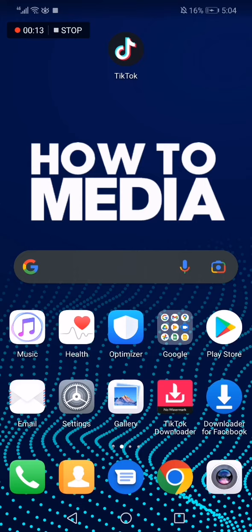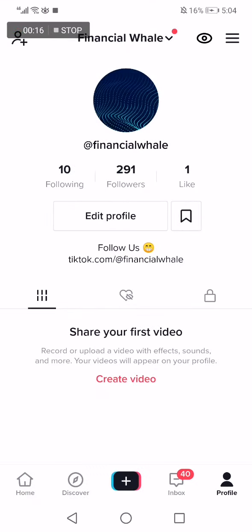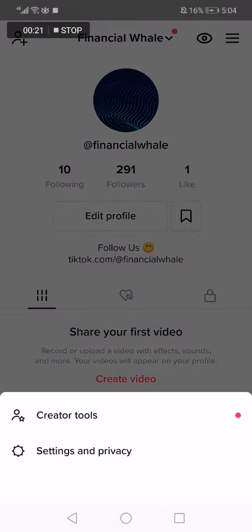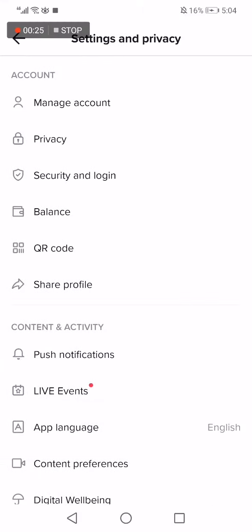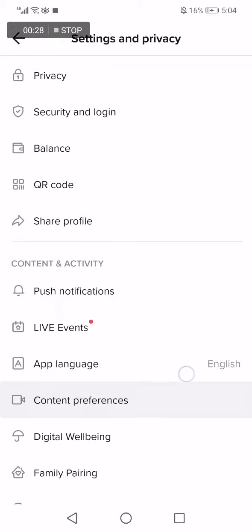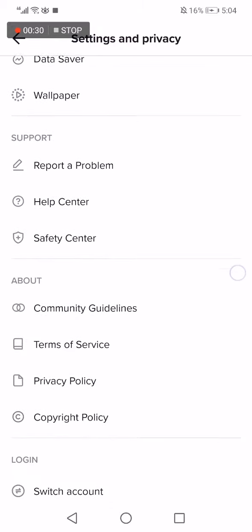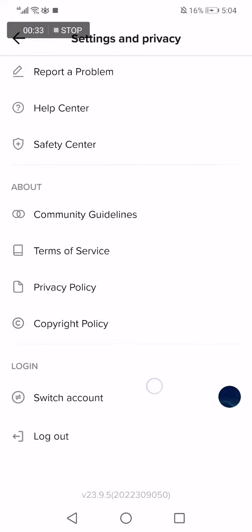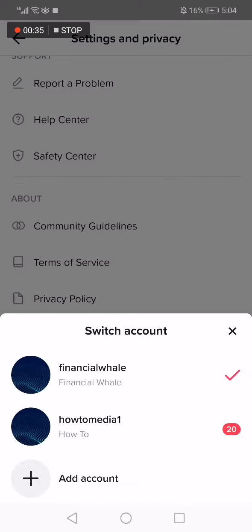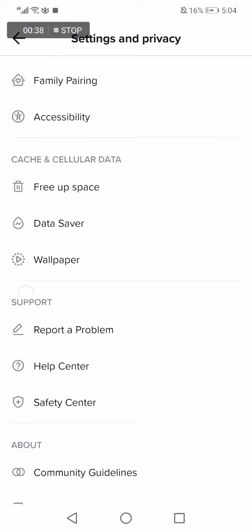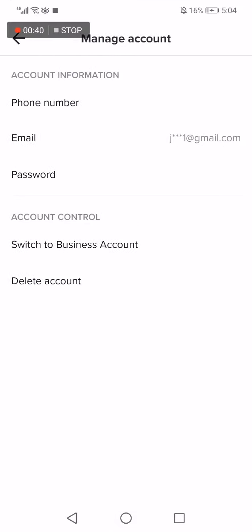and fast. First thing we do, we go to TikTok and then go to the top right here on those three lines, click on them and choose settings and privacy, and then go down and click on switch account. I'm sorry, not here. Click here, manage account, and now click on switch to business account,